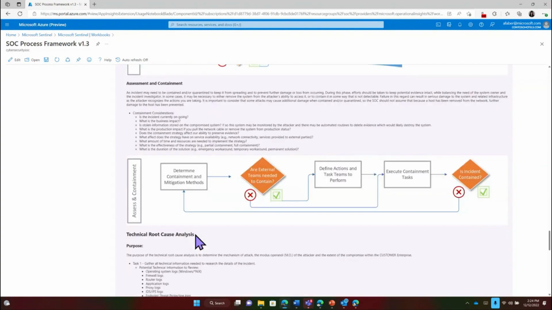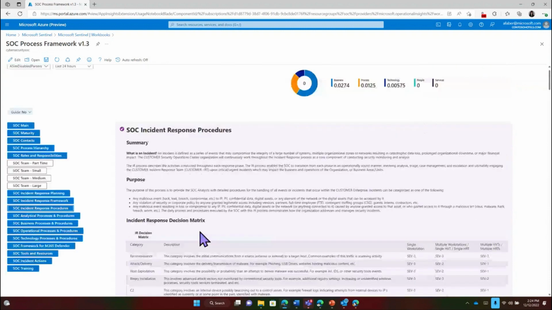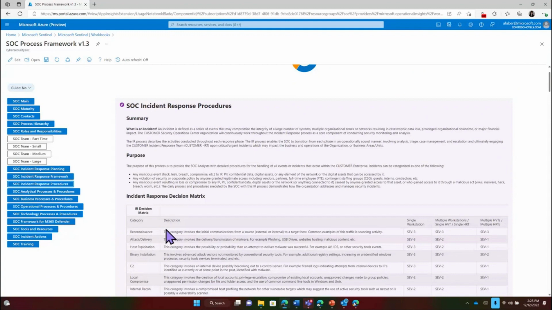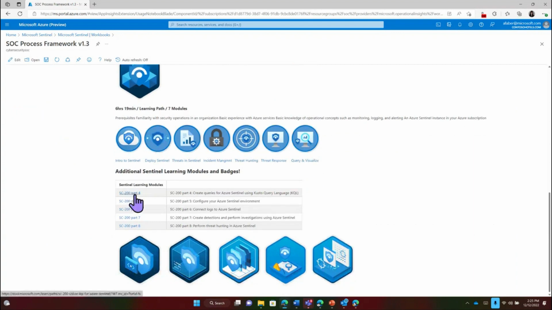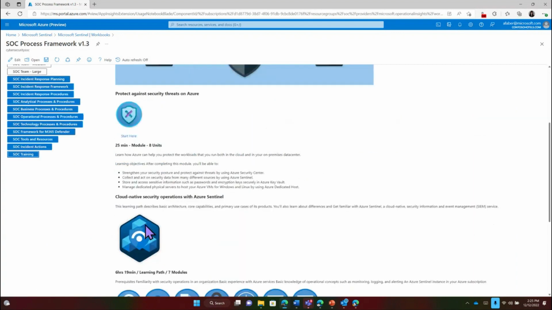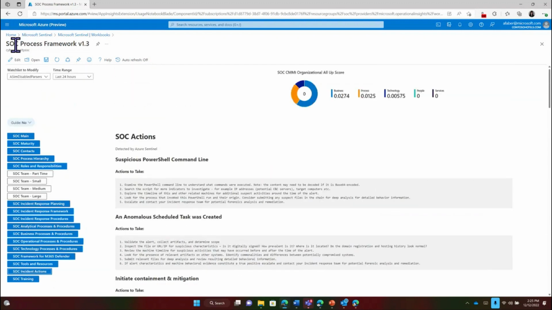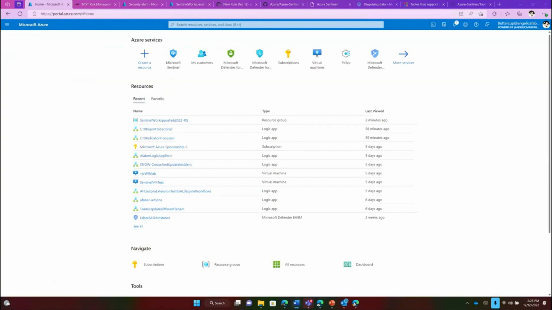I have one partner that is using this for government customers, and they have found it to be very useful. It is available on Azure Gov as well, so if you're wondering, it is. Again, I'm a huge fan of this one. It even tells you the training that you should be looking at, SC-200, and he links some of that information here as well. So I just wanted to share that one. It's the SOC process framework solution, and I just installed it. Okay,